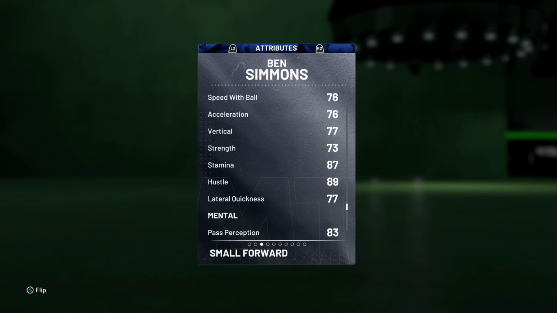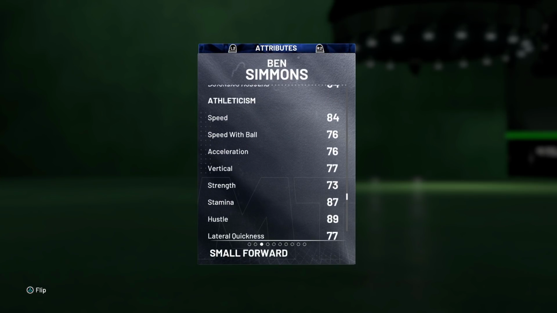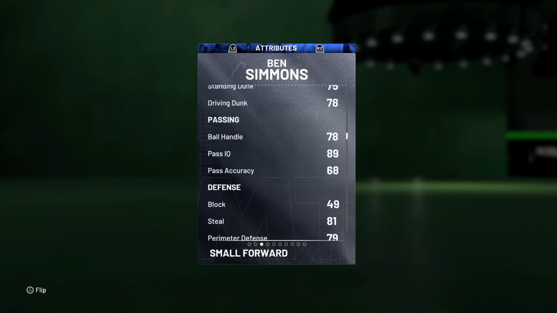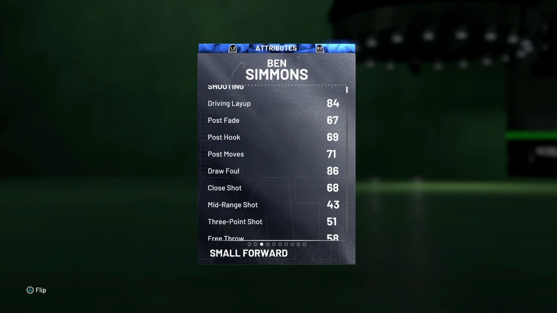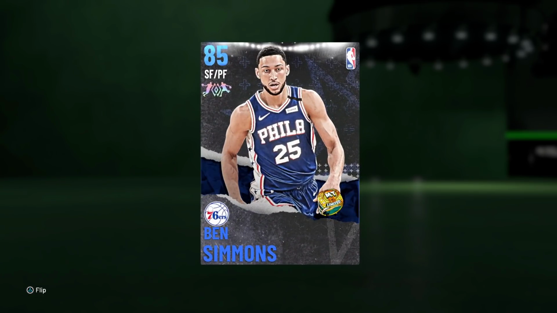He could actually keep up with other power forwards in the game as well. He does have an 84 speed, like I mentioned, so he could just drive by people very easily. And if you take a look, again, 78 driving dunk. He can't have contact dunks, but he can throw it down, and his ball handling is really good. If you go up against somebody running a traditional big man, you are going to expose him with this Ben